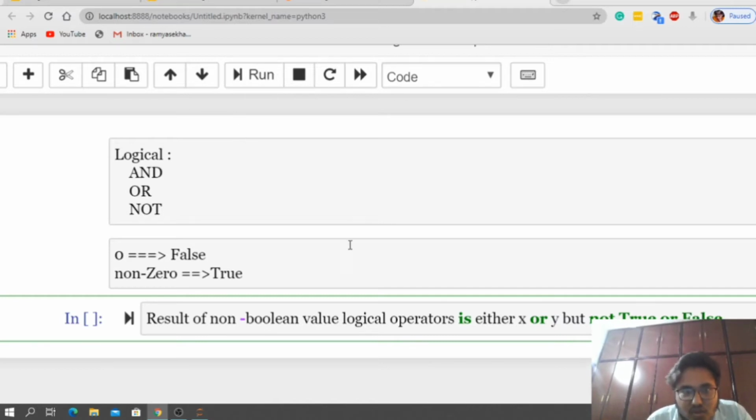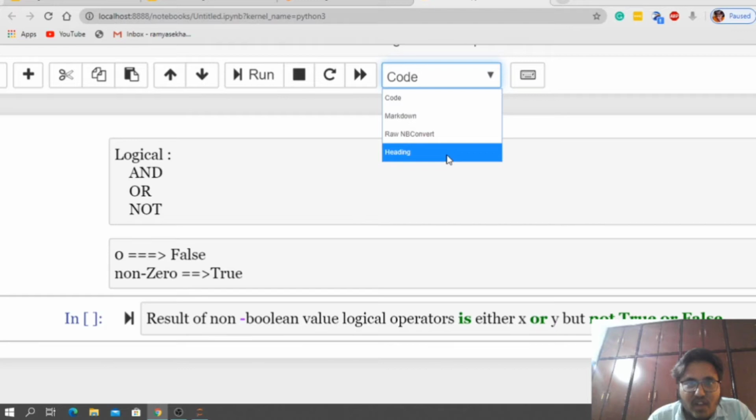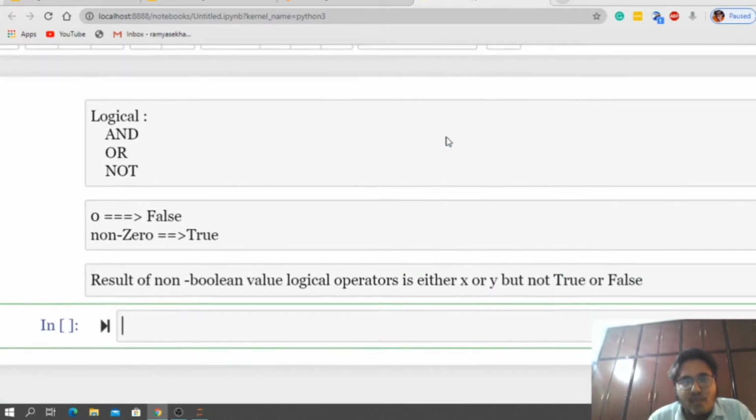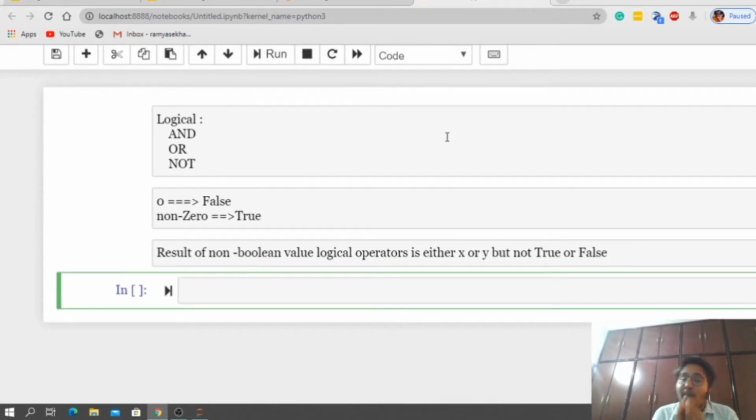Is that clear? This is one important point. When we talked about the result of logical operators on boolean data, we got output as either true or false. But while we are applying this on non-boolean values, we will be getting either x or y. First, let us talk about the AND operation.